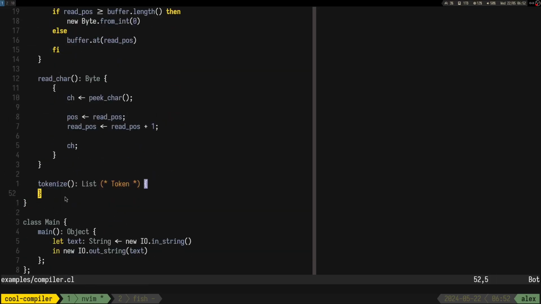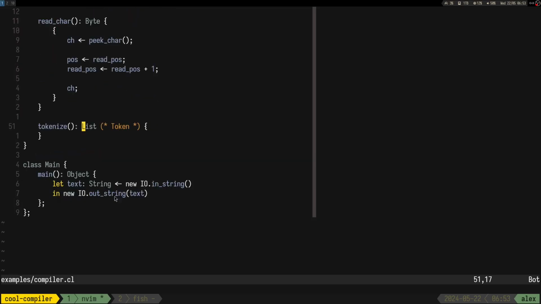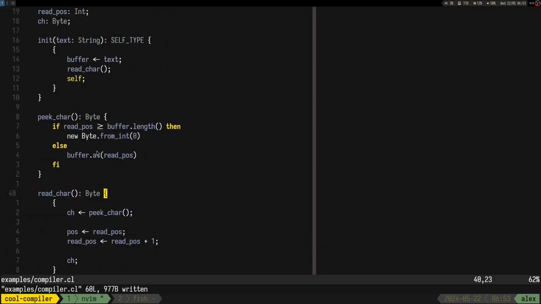Now we should get into the tokenizer, but first let's see if it's going to work. So we should do something like new Tokenizer dot init text. So this is going to create a tokenizer.